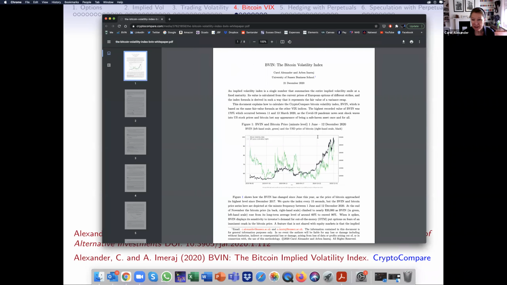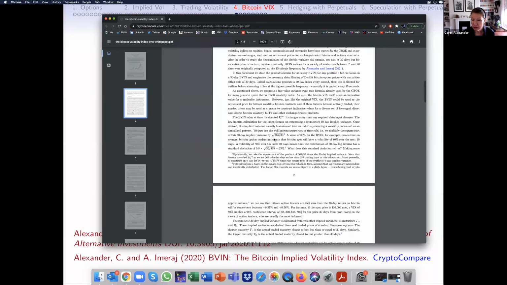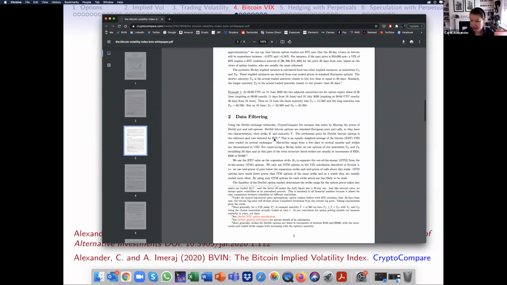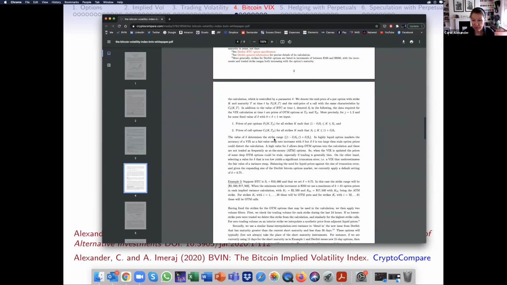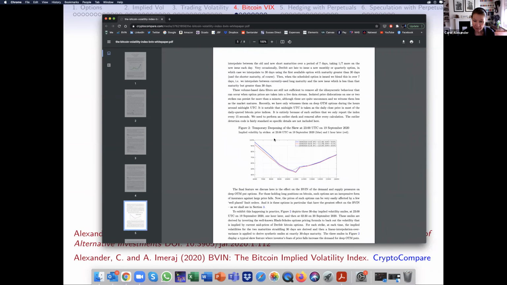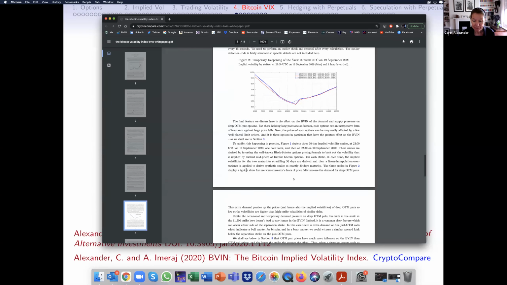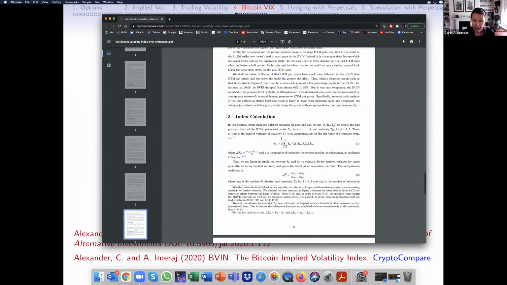So this is the methodology paper, which is focusing mainly on the sort of data filtering that one needs to do, because they're completely different to the standard sort of equity options. And there's lots of features around midnight as well. There's a lot of manipulation because of something called the move contract, which sells itself as an at-the-money straddle, but is not. It's actually a physical one. Anyway,